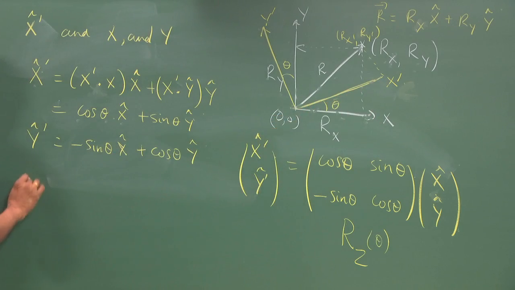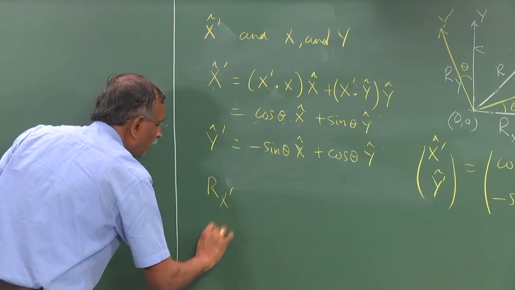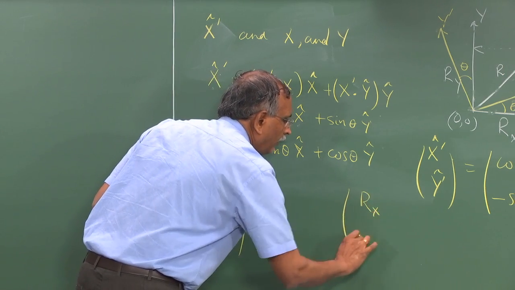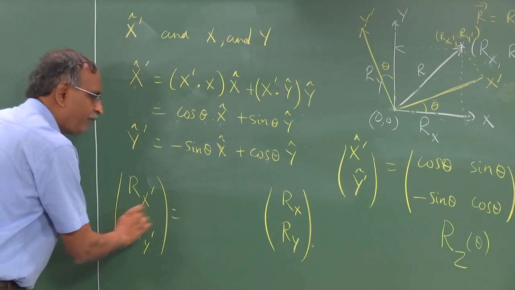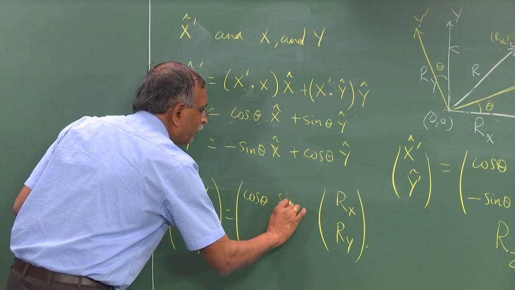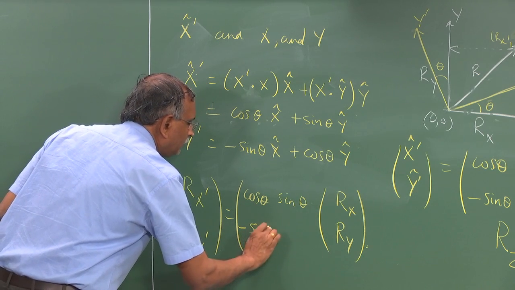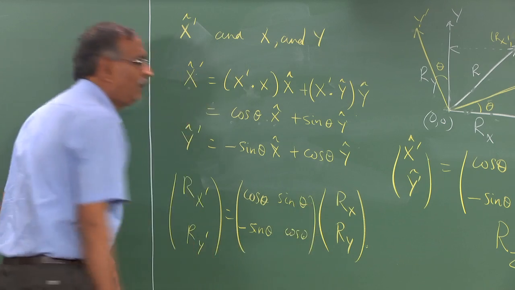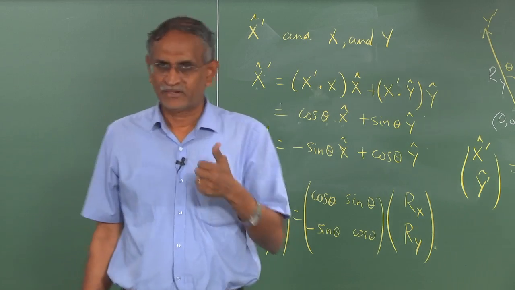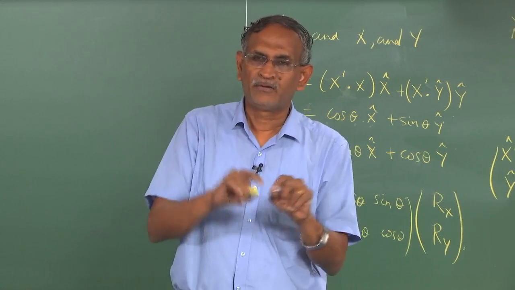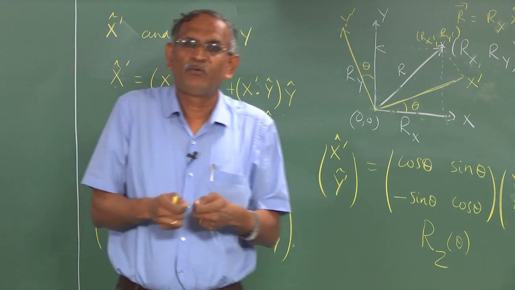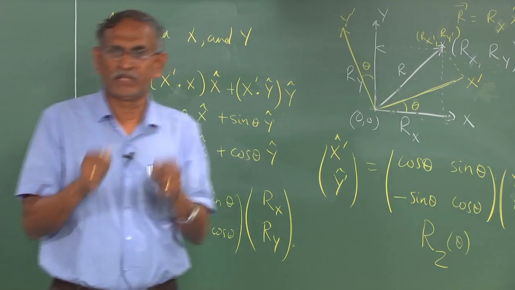If the relation between Rx prime, Ry prime and Rx, Ry is the same relation that you have there, cos theta sin theta, minus sin theta cos theta, then the two quantities Rx and Ry are said to be components of a vector. This is the definition of a vector, not something that you call a quantity with a direction and a magnitude. That's how you get introduced to the elementary idea, but a proper mathematical definition of